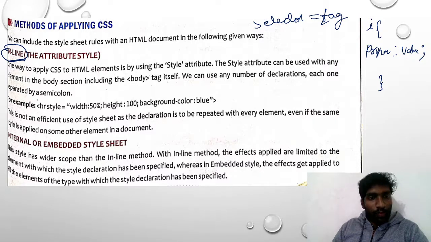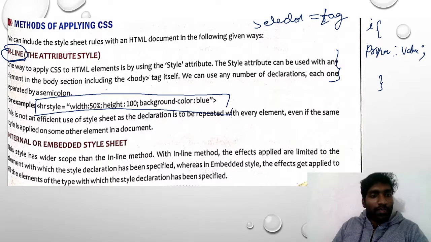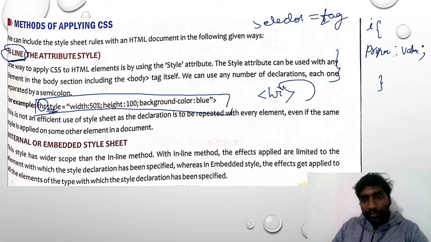Now just focus here only. No need to read all these things, just focus only on the syntax. For example, HR is for horizontal ruler, means you draw one horizontal row. It is an empty tag, you know well. Now if you are mentioning style, it denotes CSS. If you mention CSS inside of the tag, it is called inline. Internal means at the beginning of the page.